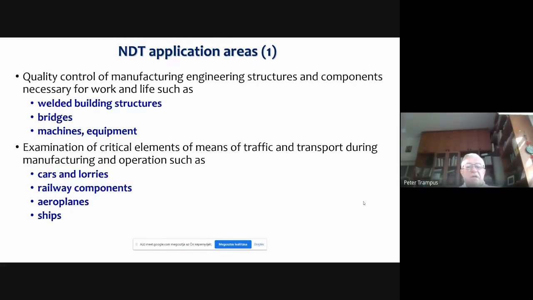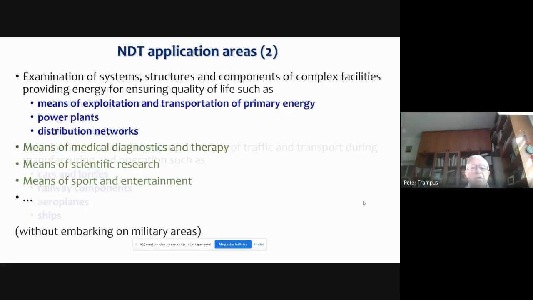The other one is the examination of critical elements of traffic and transport means during manufacturing and during operation: cars, lorries, railway components, aeroplanes, ships, whatever.